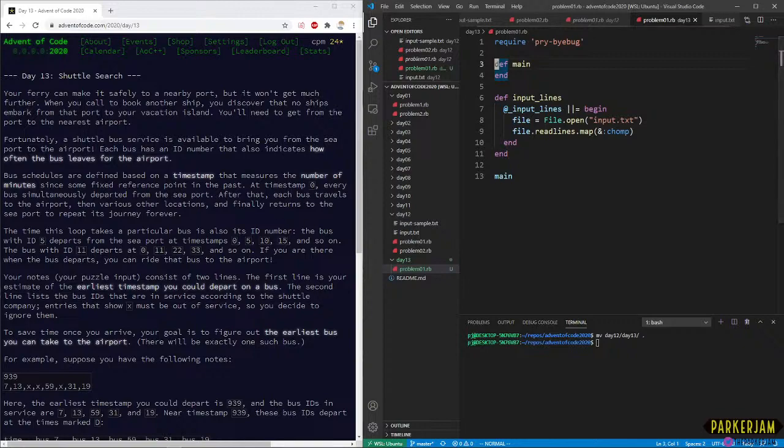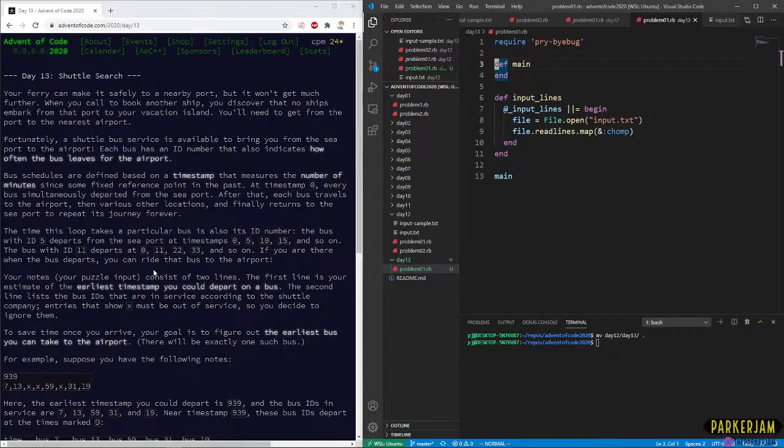Okay. The time this loop takes a particular bus is also its ID number. The bus with ID 5 departs from the seaport at timestamps 0, 5, 10, 15. The bus with ID 11 departs at 0, 11, 22, 33, and so on. If you are there when the bus departs, you can ride that bus to the airport.